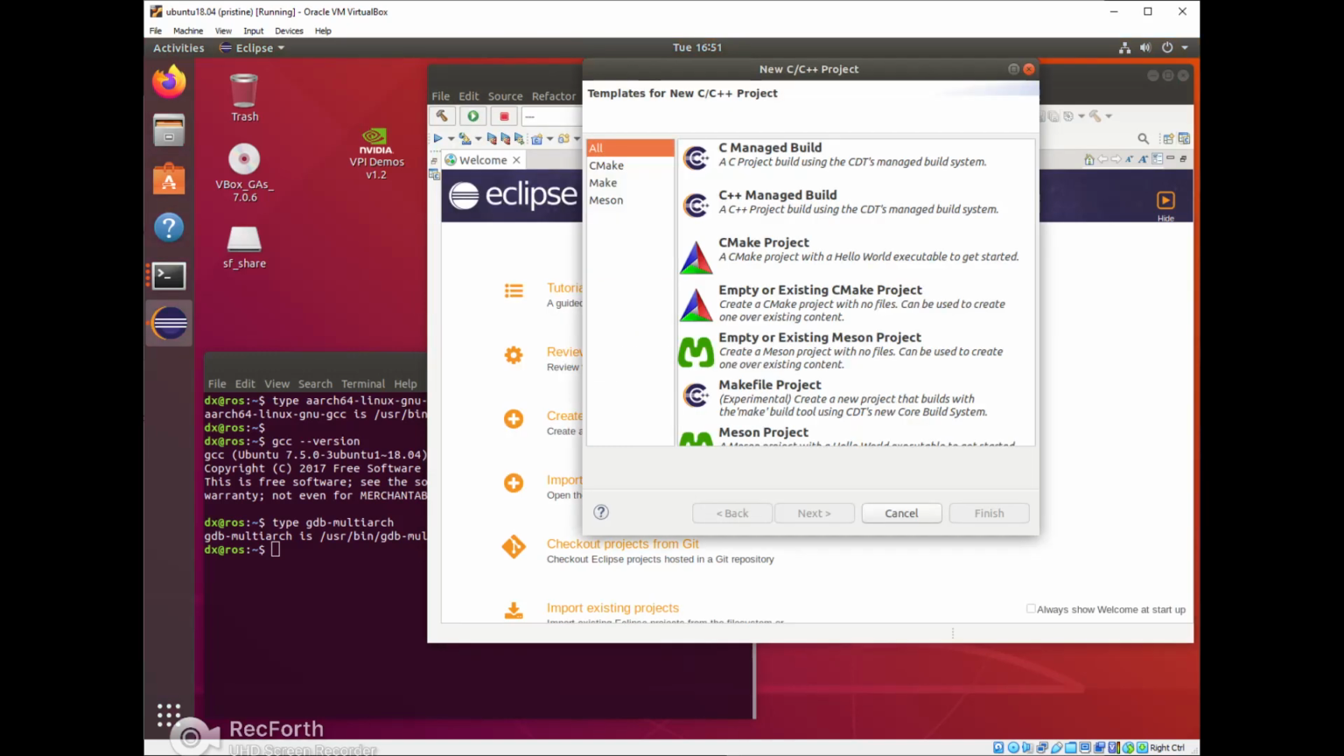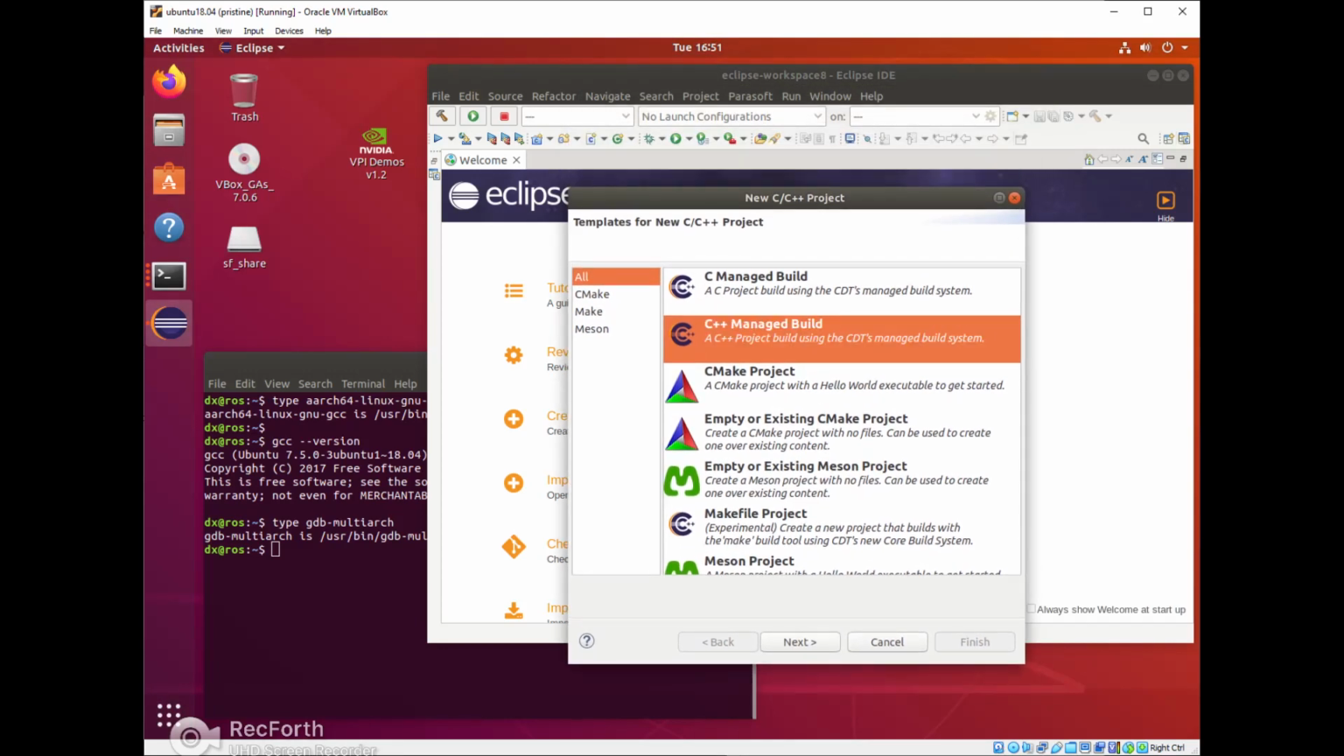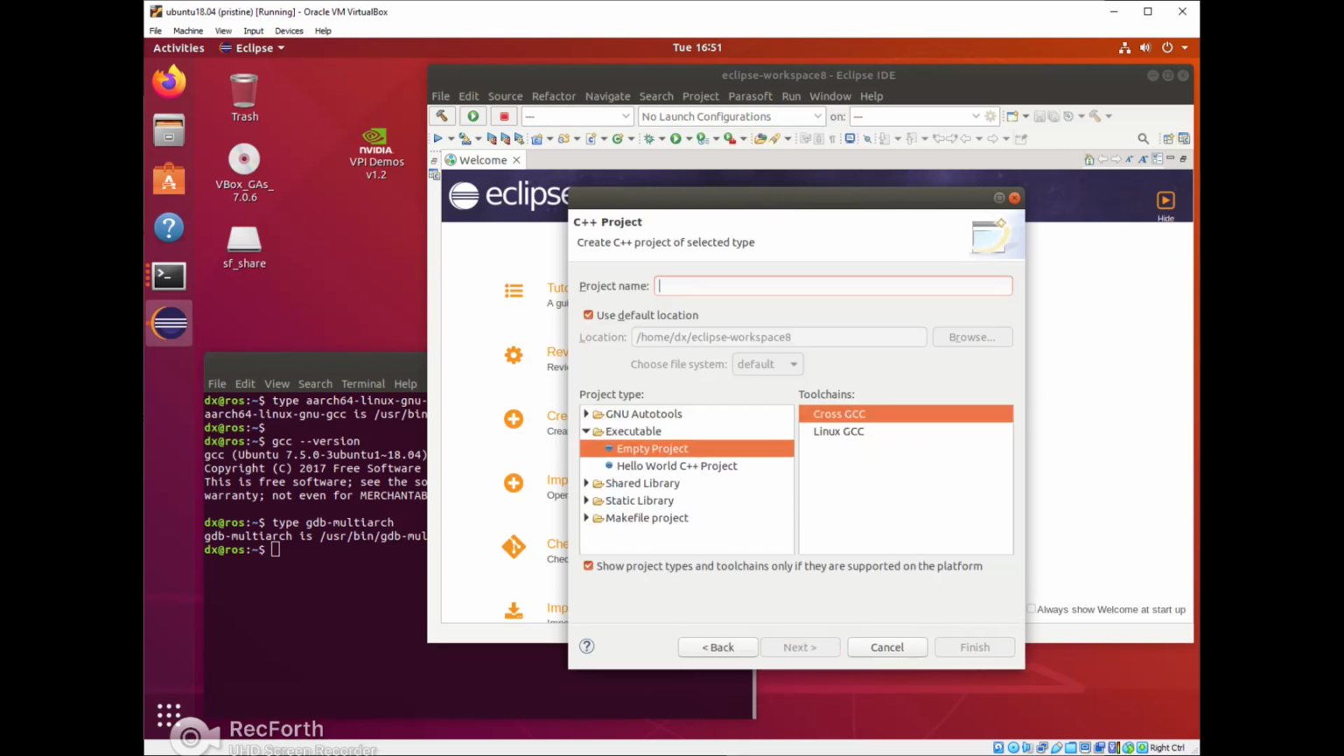We're gonna stick to the simplest path here, which is to build a project that is managed by the IDE. So we're gonna avoid the cmake and the make path. We just let the IDE control the project settings. So I'm gonna select this C++ managed build. I'm gonna click next, and then I'm gonna name the project